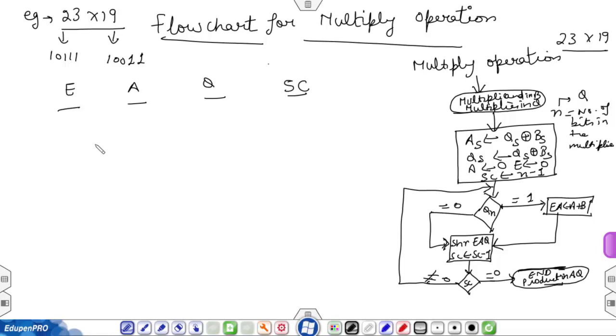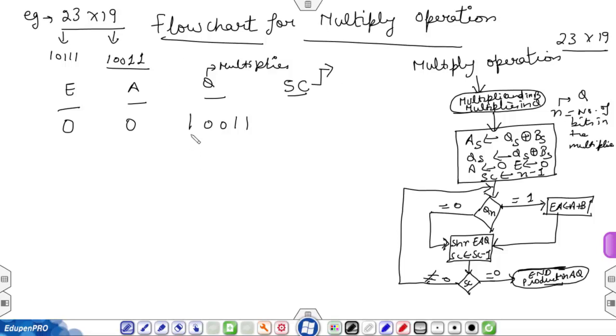Here we will discuss one example to show the multiplication process that is done by the processor. Initially E will be equal to 0, A will also be equal to 0, and in the case of 23 into 19, Q is the multiplier, which is 10011. Initially the sequence counter will be equal to the number of bits in the multiplier.